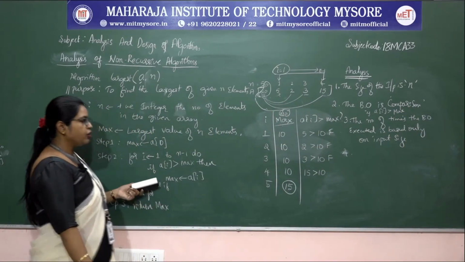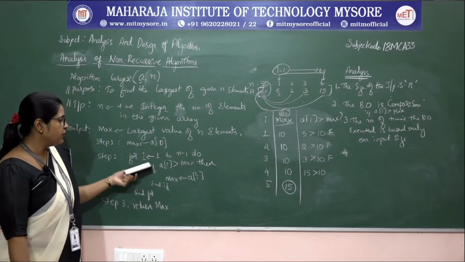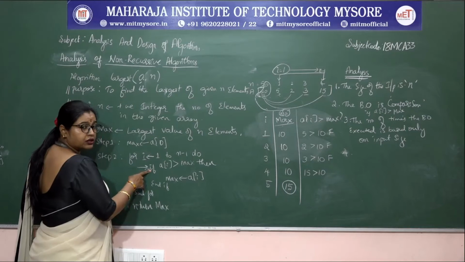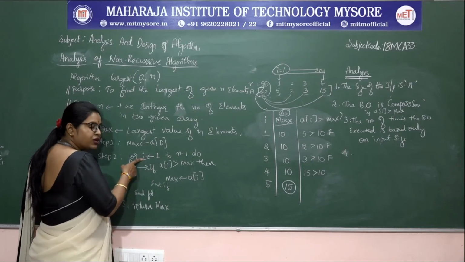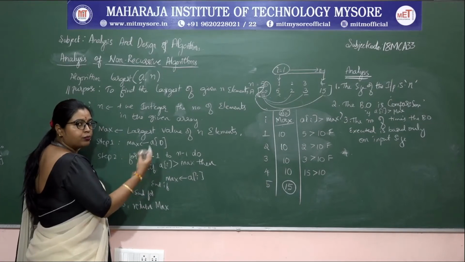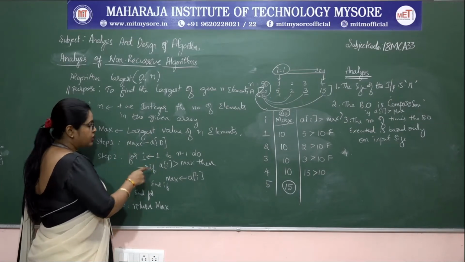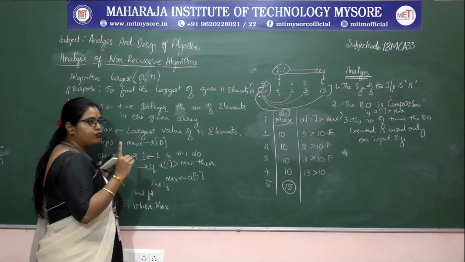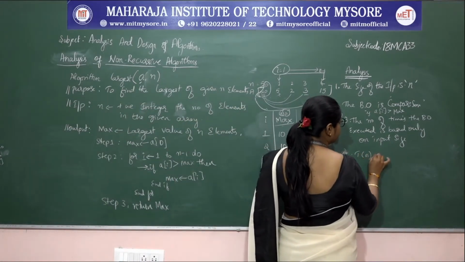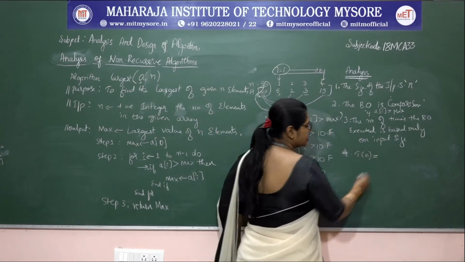To set up a summation equation, we need to check what the basic operation is in the algorithm. Here we have only one for loop. If you have more than one for loop, you can have multiple summation equations. So your T of n, that is the time efficiency function, can be defined as the sum of